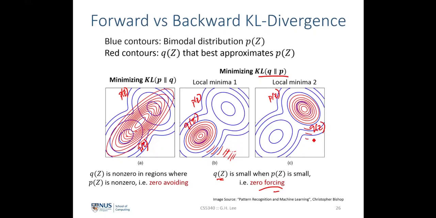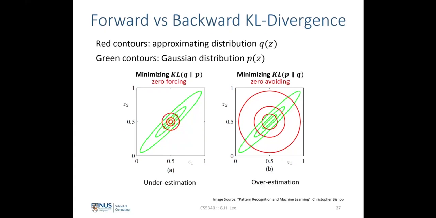We can see that it's zero forcing because in the region where Q is small, P is also going to be small. Now, comparing the two, the forward and the backward KL divergence, the zero forcing as well as the zero avoiding, we can see that the backward KL divergence, which is zero forcing, will tend to underestimate. This is because in this example here, where the green curve is our target distribution and